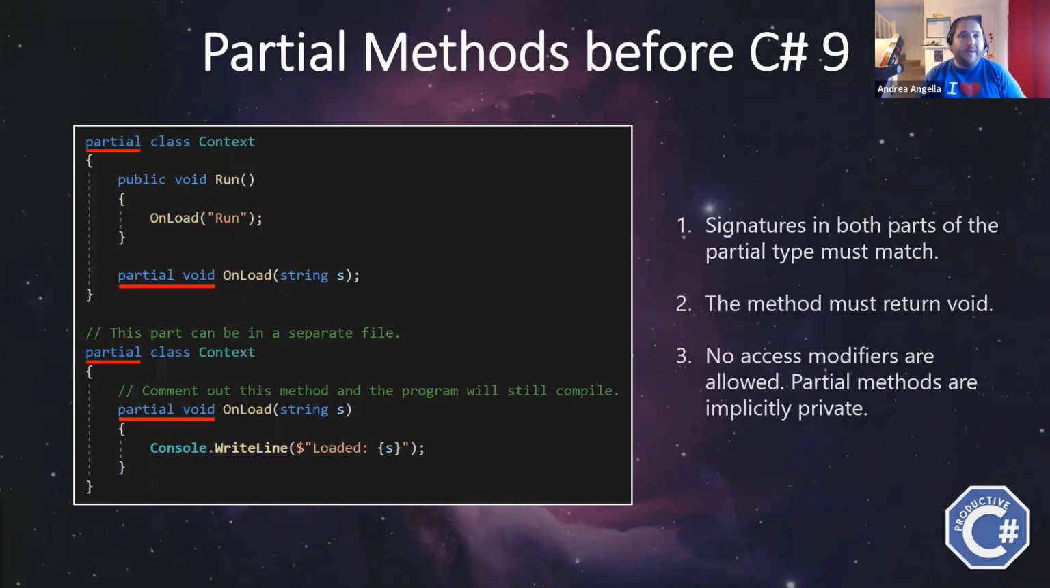One of them is the partial methods. So up until C# 8, partial methods were extremely limited. You could have partial classes in different files. Very useful, we've used them all the time, especially Windows Forms or any other kind of tools that automatically create code behind was using partial classes to separate the code that you own from the code that the framework automatically